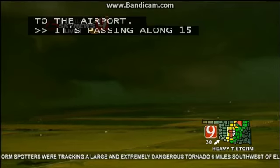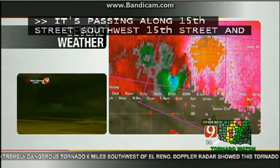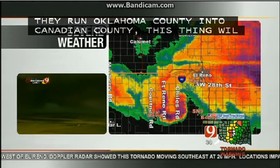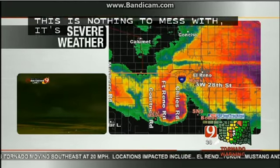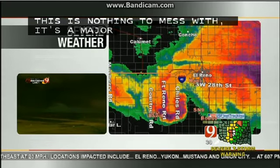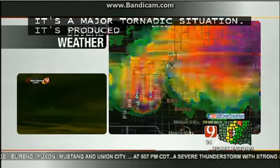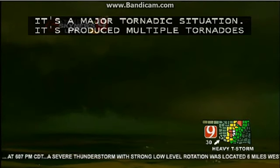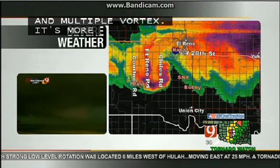This thing is going to blow away anything it hits, so you need to be below ground level. This is nothing you mess with. It is a major, major tornadic circulation. It has already produced several tornadoes, multiple vortex, and it has all the classic indications that it most likely will be longer. And I tell you, the conditions are more favorable the more it goes to the east. So, Hank gave great information there. It was just southwest of the Walmart in the El Reno area. And Hank, if you're still on there, can you give me any...